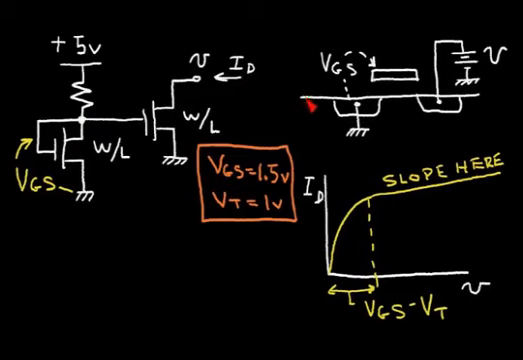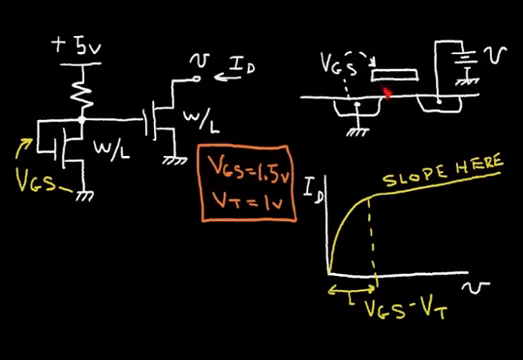Now let's review the operation of the N-channel MOSFET transistor. Here I've drawn the cross-section for a typical MOSFET transistor, and I've connected the source node to ground, and I've connected the drain node to a battery that I call voltage V. And as I raise the gate voltage and increase the voltage gate to source,